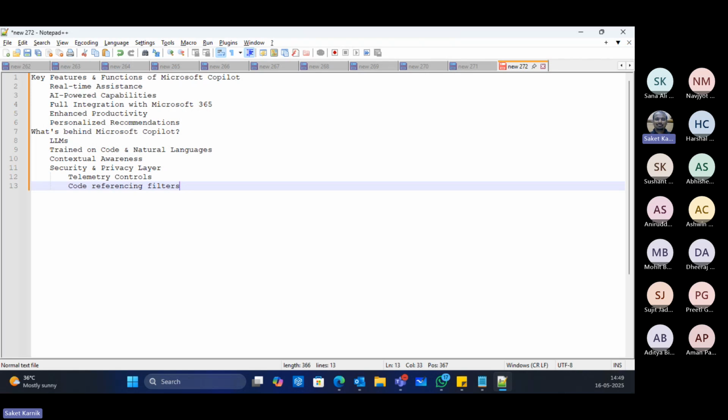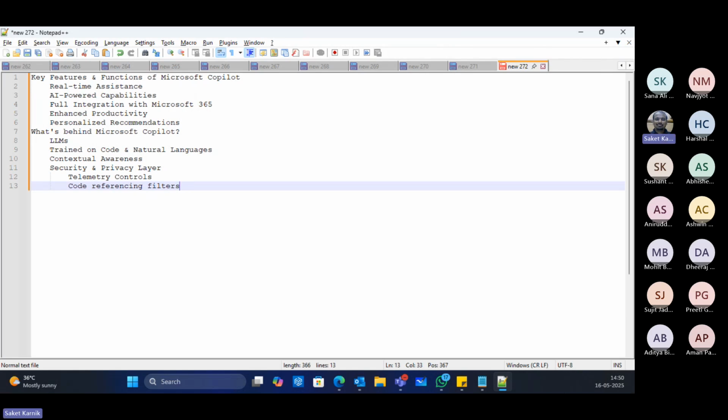Tomorrow, if that public repository gets changed with some malicious code written into it, your code also becomes malicious, and your application can become unsecure in that case. There can be direct targeted attacks on the applications. So with this in mind, maybe you might want to play safe and say, okay, don't use any public repository for suggesting the code.